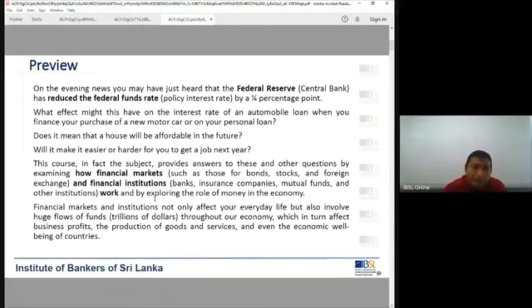Okay, which in turn affect businesses' profits, the production of goods and services, and even the economic well-being of countries. So the markets and the activities that we are looking at would have greater influence, not only across your personal life and your family's financial well-being, but across the economy and across the globe for that matter. So that's a very interesting aspect, because every day the world is